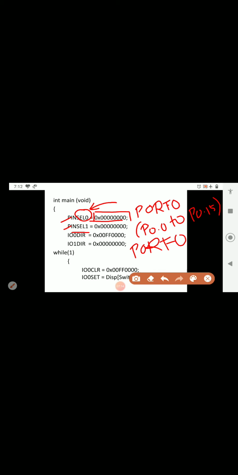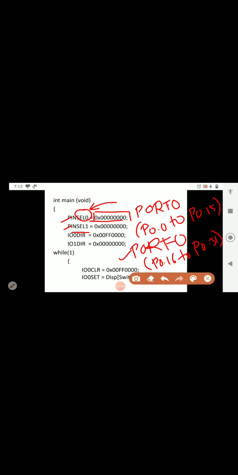Both are port 0 only, but in PINSEL1 again this is port 0 with the next 16 pins. So that is P0.16 to P0.31. So there are a total of 32 pins, and in one port we have a total of 32 pins.